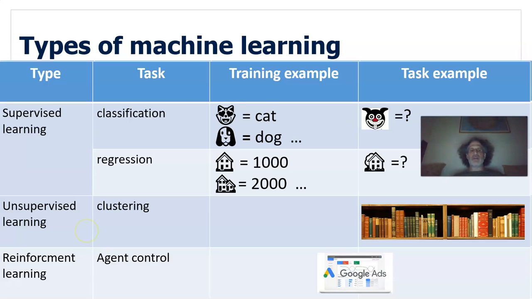learning is reinforcement learning, and the task here is agent control. This means that we have an agent that is learning while it is working. We can see, for example, Google Ads. Google is trying to match for us the best ads they think we have a probability of clicking on, and while they give us the ads, they are collecting our ad click data, so they are watching which ads we click and which ads we do not click, and using this information the agent can learn better